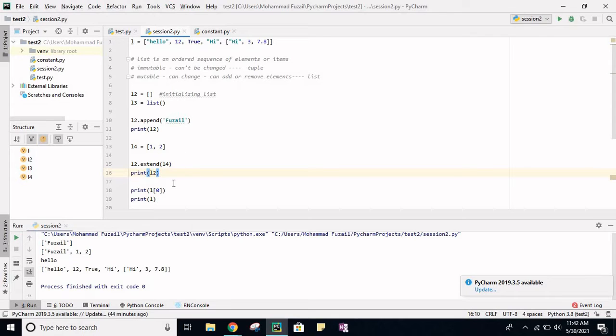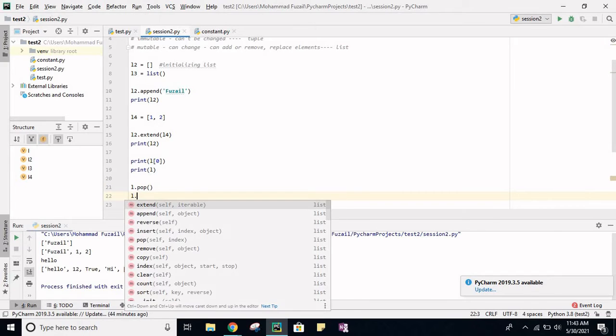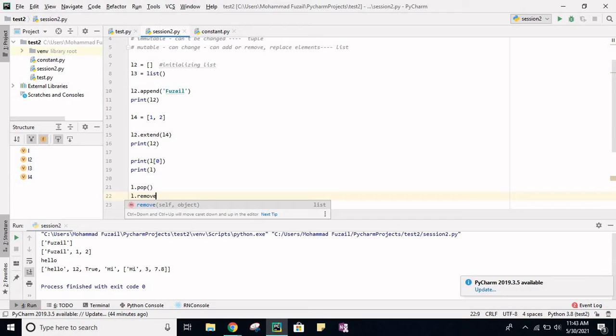So adding, removing and replacing as well, I just missed that, replace the value. So now we are seeing how to remove, then we'll see how to replace. To remove we have two functions, one is l.pop, another is l.remove. Both the functions are there, but what is the difference? Why do we have two functions for the same operation? Let me just explain this.